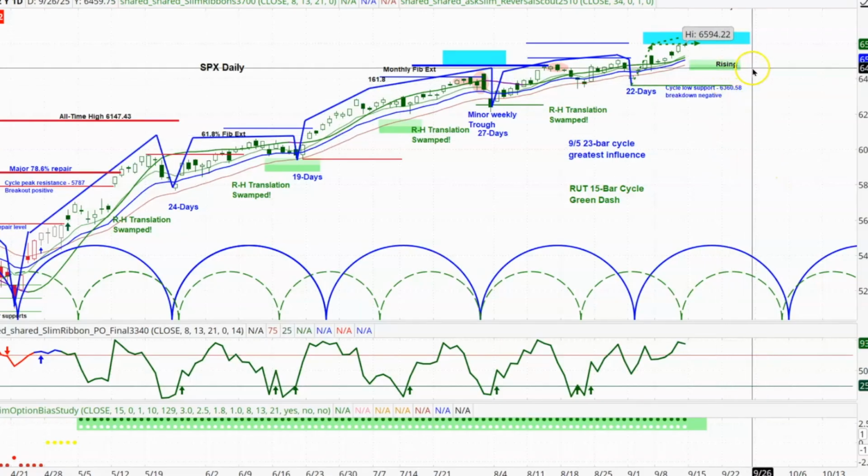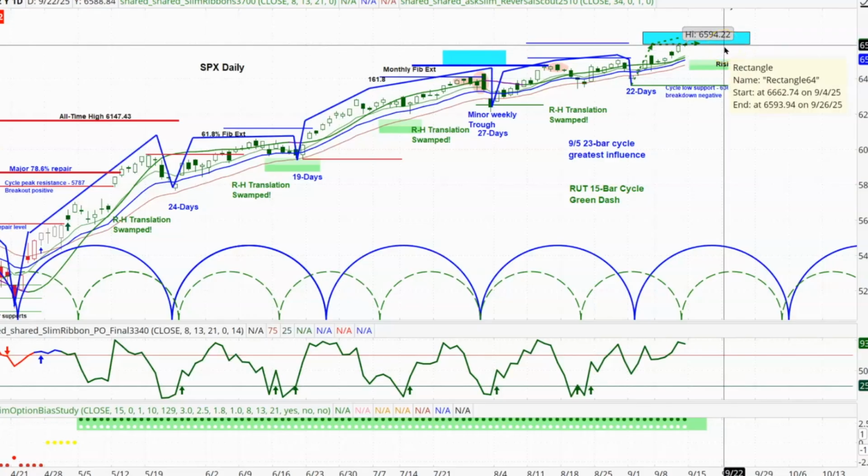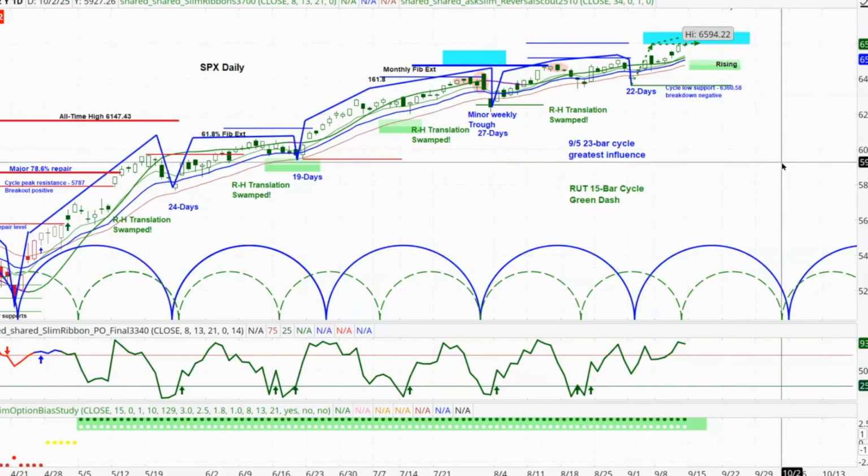Now, we pointed to the resistances up here, and this is 65.88. The next one up here is around 66.61 on the short term. And the market just doesn't want to go down right now. Even today, here on Friday, September 12th, while we have pretty significant negative breadth in the Dow and the